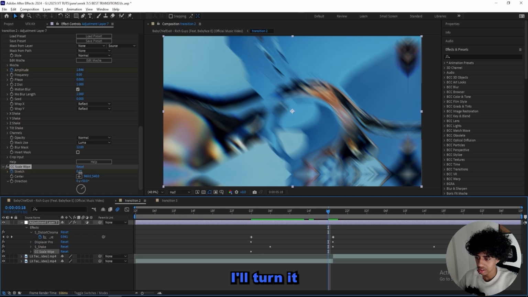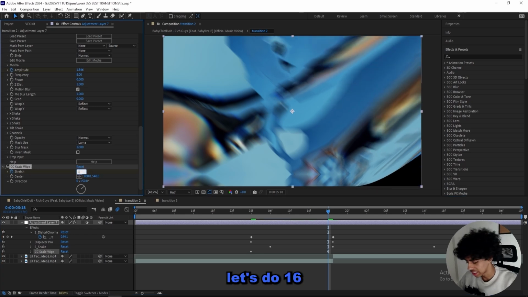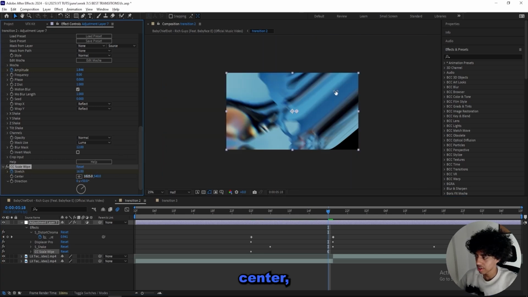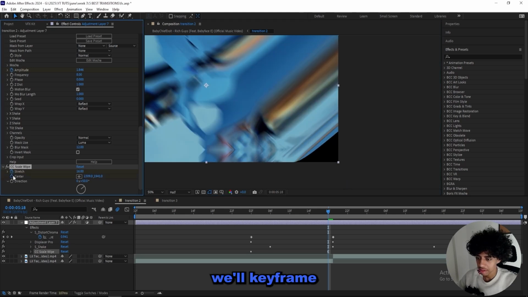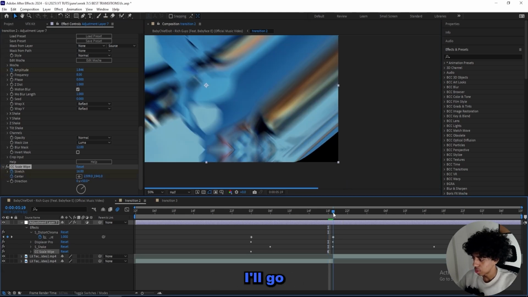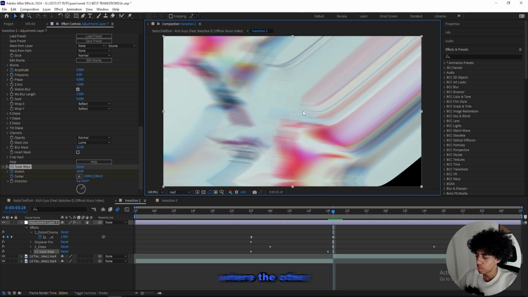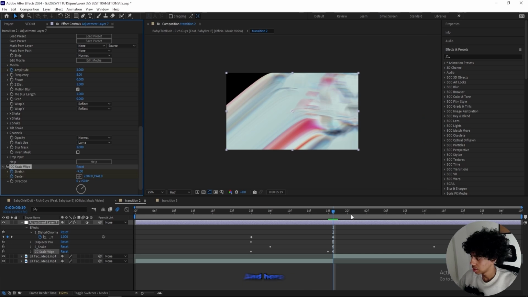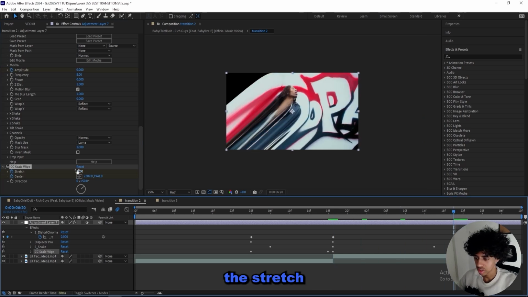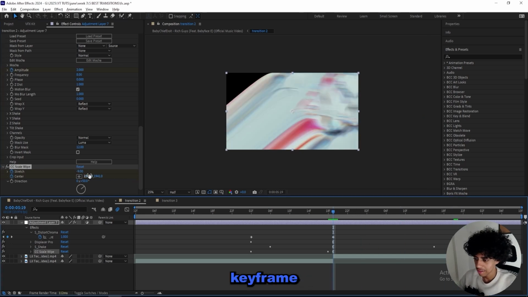Actually right here, I'll turn it up to, let's do 16. And this center, I'll move all the way down here, just like that. And then we'll keyframe the center right here, and then I'll go into the next frame right here where the other scene starts, and I'll turn the stretch to -9 instead, so it will go the other way. And here at the end, I'll turn the stretch all the way down to 0, and I'll keyframe the center